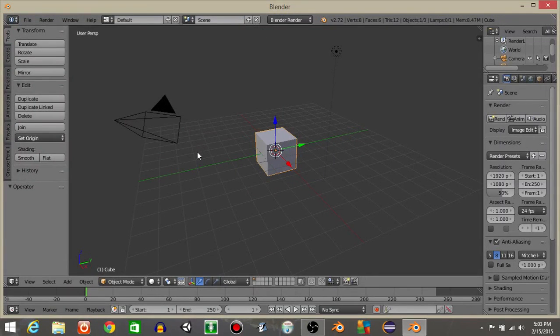Hello guys, it's me Gavin, and this will be a video on how to create a bounce pad in Blender. So essentially we're going to have our player fall down onto a pad and it's going to project the character